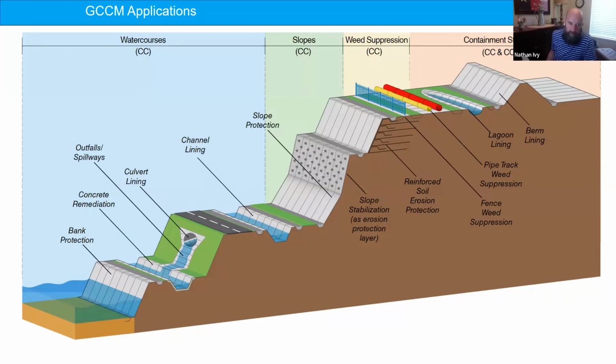Going back up on the photograph, slope protection is the next application. While concrete canvas is not a slope stabilization product, if you can stabilize a geotechnically unstable slope using earth percussion anchors, for example, then the concrete canvas could be used to protect that now stable slope from erosion. Or if you have an existing slope that is geotechnically stable, it can also be used for erosion control in